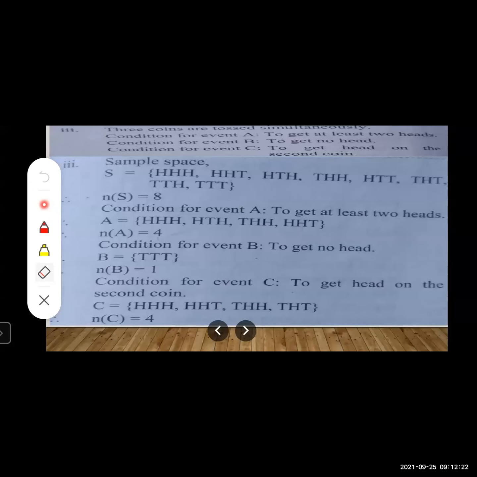Let us see which are these different possible outcomes. See, when you are throwing three coins together or simultaneously, all the possible outcomes we are writing in the sample space as head head head, head head tail, head tail head, tail head head, head tail tail, tail head tail, tail tail head, and tail tail tail, right? So if you count these possible outcomes, they come to 8. So how many sample points are there in this sample space? n(S) is equal to 8.